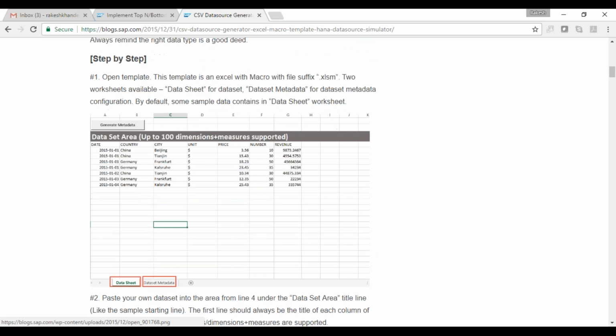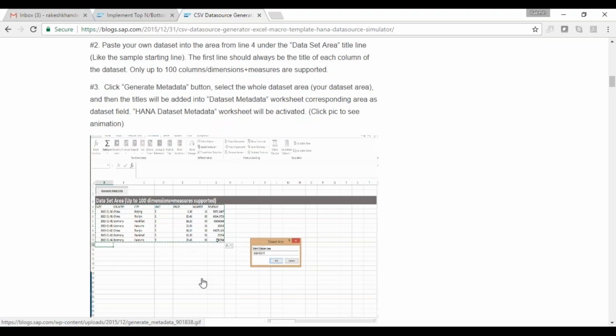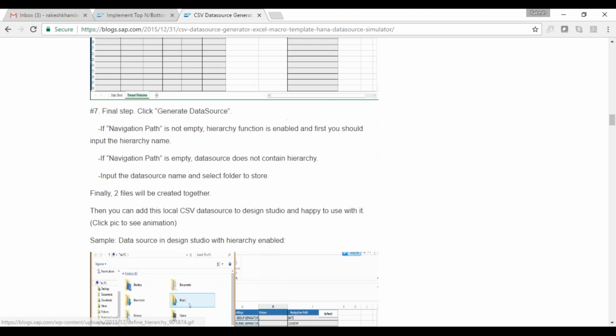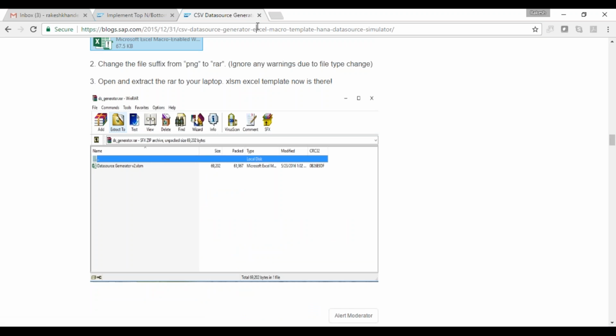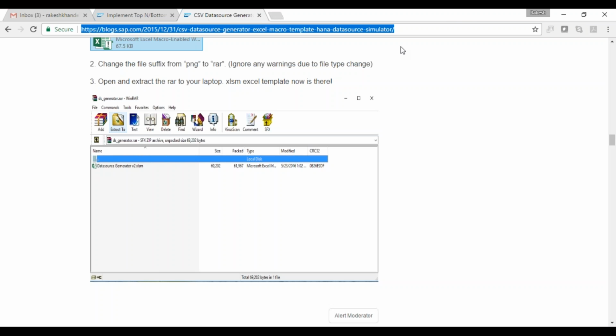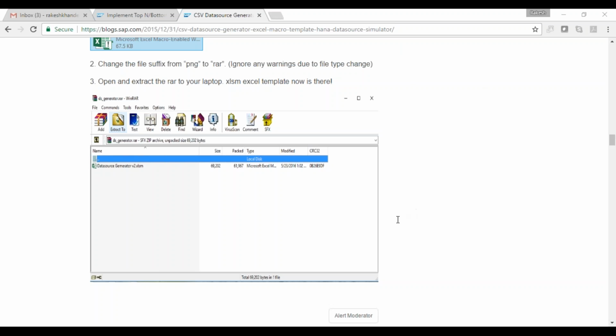This is your normal data, and you download this file, put your data here, click on generate metadata, and it will generate the metadata for you in the next tab. This is one good blog actually.